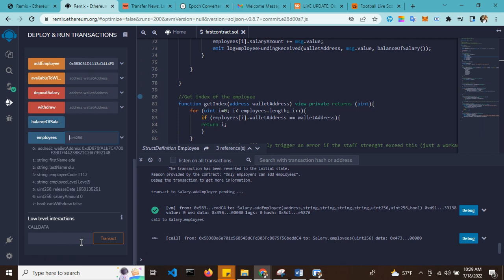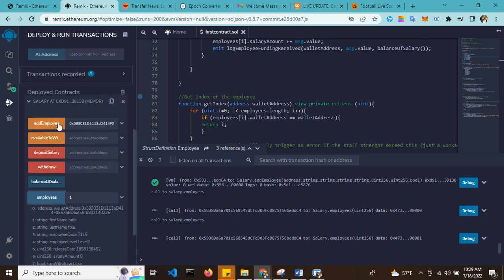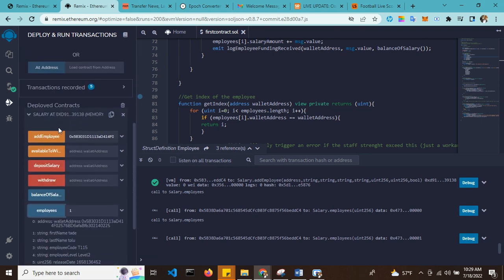And now one thing I need us to know is it's still false. It can't withdraw yet because the time is not yet. But I will come to 1, employee. It still can't withdraw yet. So now, what we want to do is to add